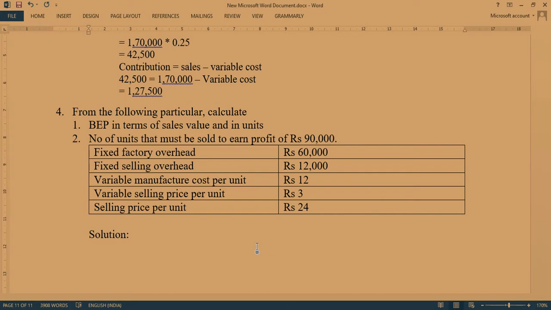Again, before going to that, please make sure that you know all the formulas, so that it will be easy for you to understand the concept, and you'll get an idea of which formula to use and which formula not to use with the help of the available information.